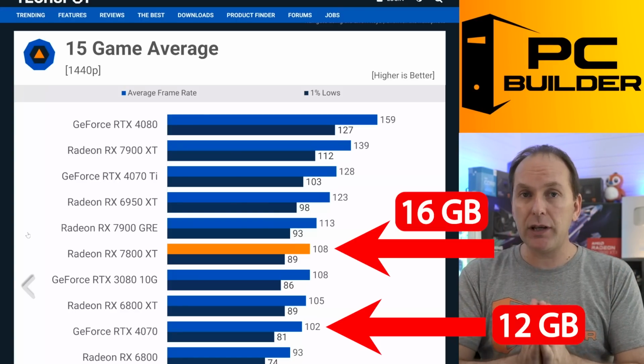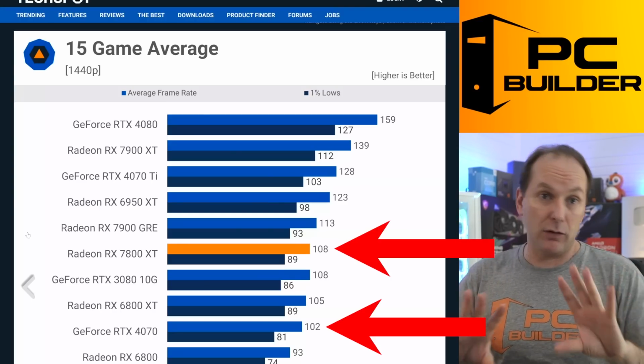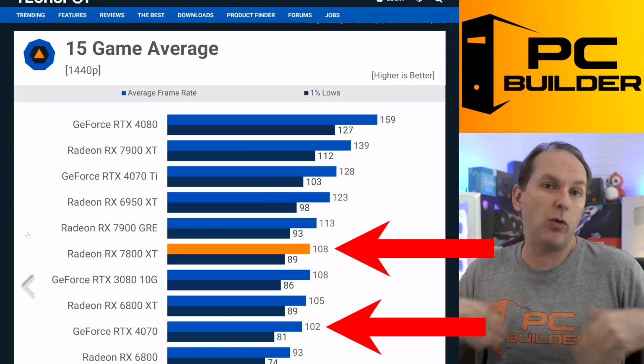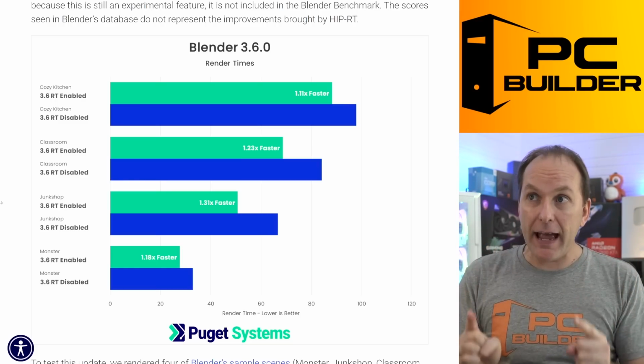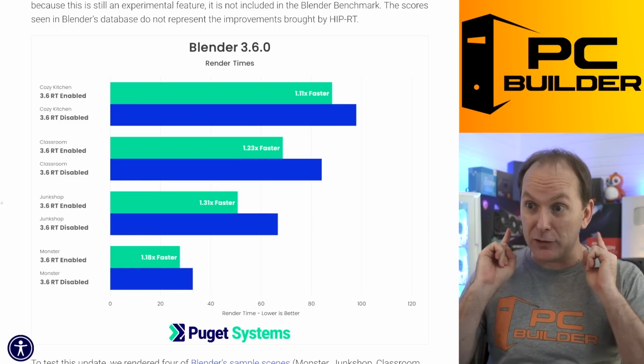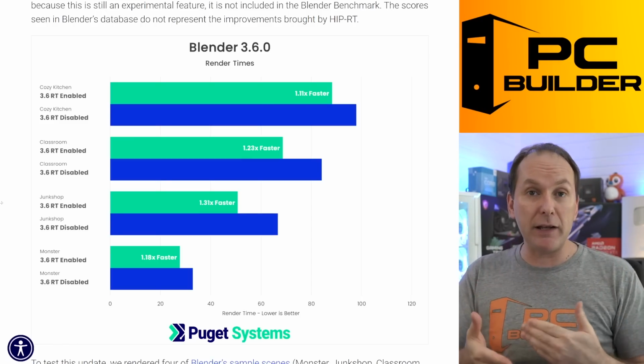But you should double check in the applications that you're going to be using. Just come up to date on that and figure out, is AMD better or is NVIDIA better, or are they roughly equal? Looking at Blender, one of the applications that you cited, in fact, Blender 3.6 just came out, and this article just came out by Puget Systems, who creates PugetBench, which is the benchmarking tool for a lot